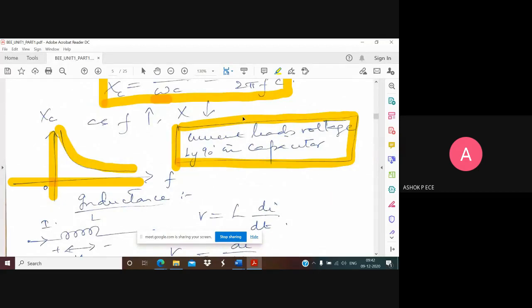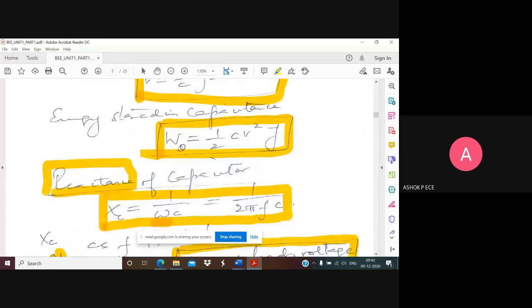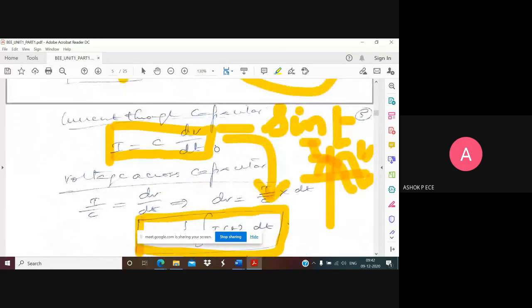So if you cannot remember this, I can suggest an easy way to remember. Remember this equation and substitute sine theta here. And whatever you get for I, just draw it and see which waveform is coming first. That's going to be leading and lagging. So in a capacitor, current leads, or I will say voltage lags the current. Both are the same representation, but remember only one thing, otherwise it will confuse. So remember, current leads voltage by 90 degrees.